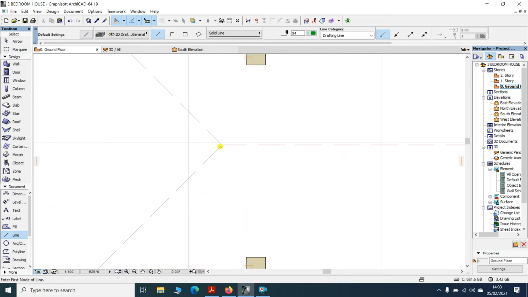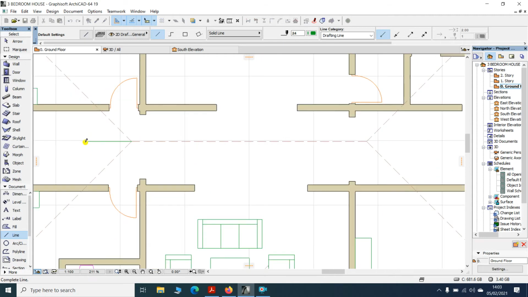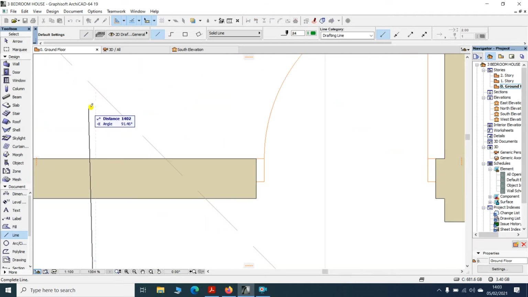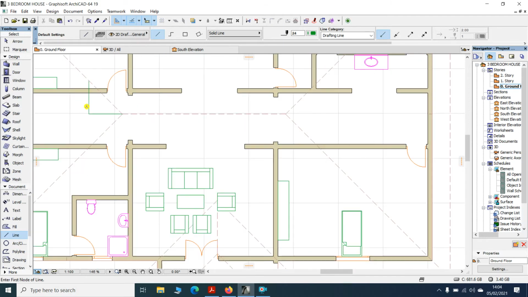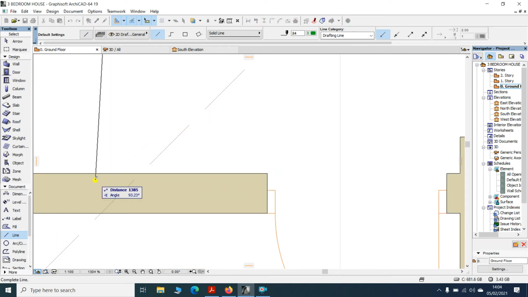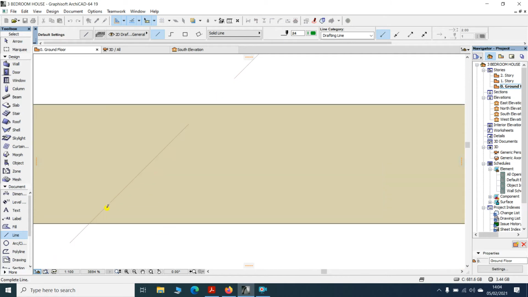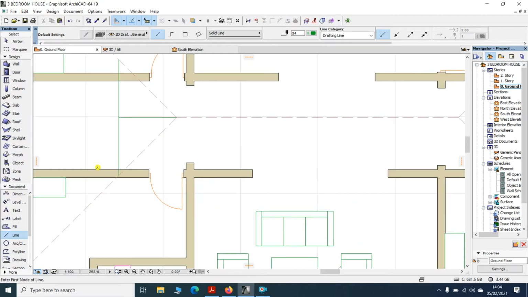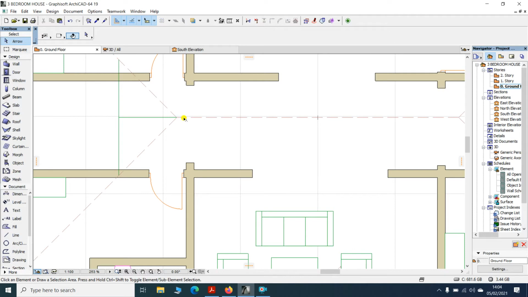So you come at this point and then you draw a line any distance. For me, I can use 1500, then you press enter and then you draw another line from that point until where the line of the roof reaches, and then you left click there, and then another line until where the roof line reaches, then you left click,